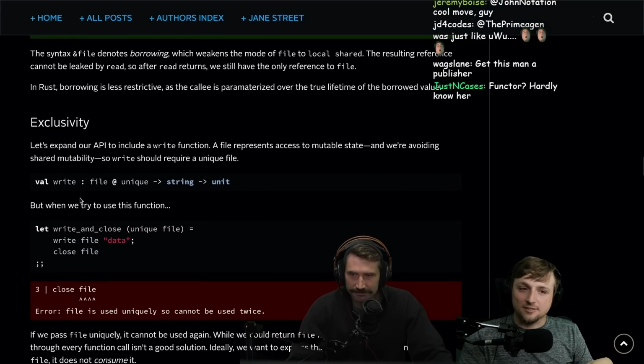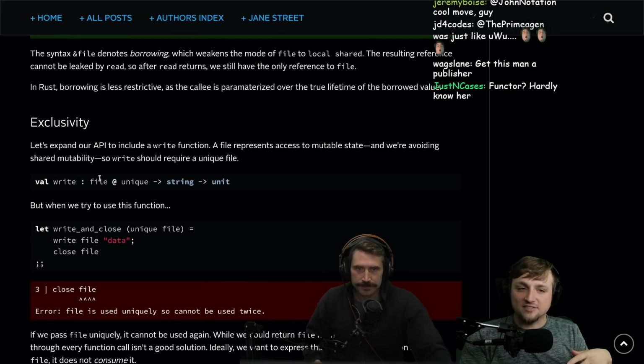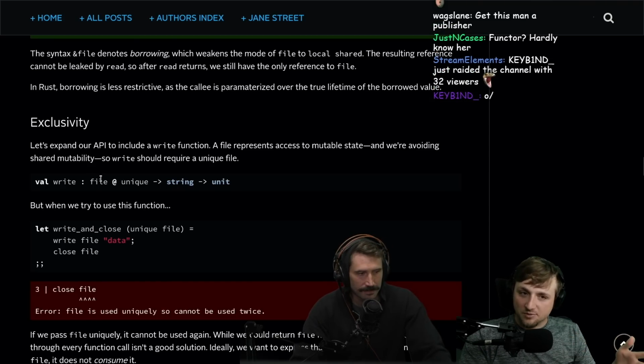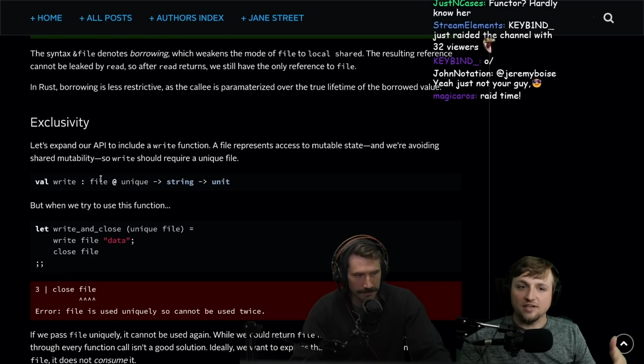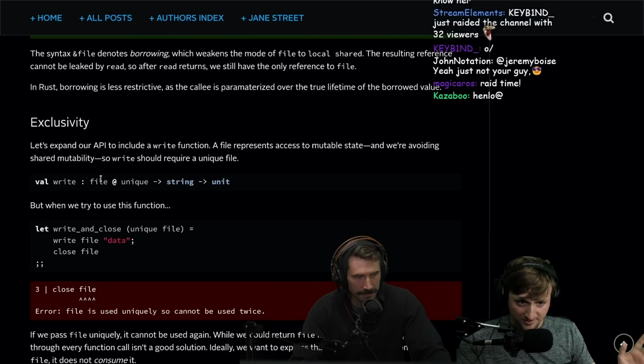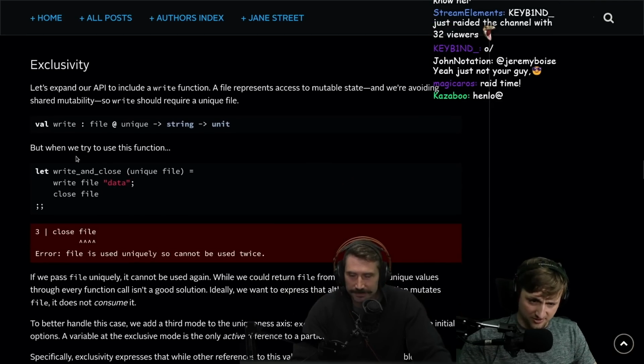And so in this case, they're saying instead of having to specify a bunch of different lifetimes, when I use ampersand file like this, I move it from unique to local shared, which has some guarantees. When that function's done, I know no one else can be holding a reference to file. So it's still unique. Yep. That's how we get to use it for close.